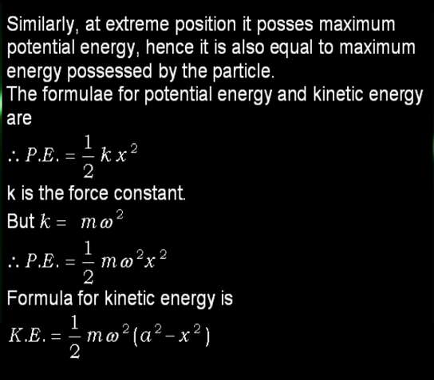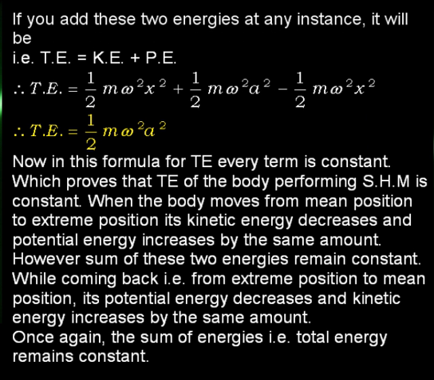If you substitute k as m omega square, it will become half m omega square x square. The formula for kinetic energy is half m omega square into bracket a square minus x square. If you add these two energies at any instant, it will be half m omega square a square. Now in this formula for total energy, every term is constant, which proves that total energy of the body performing